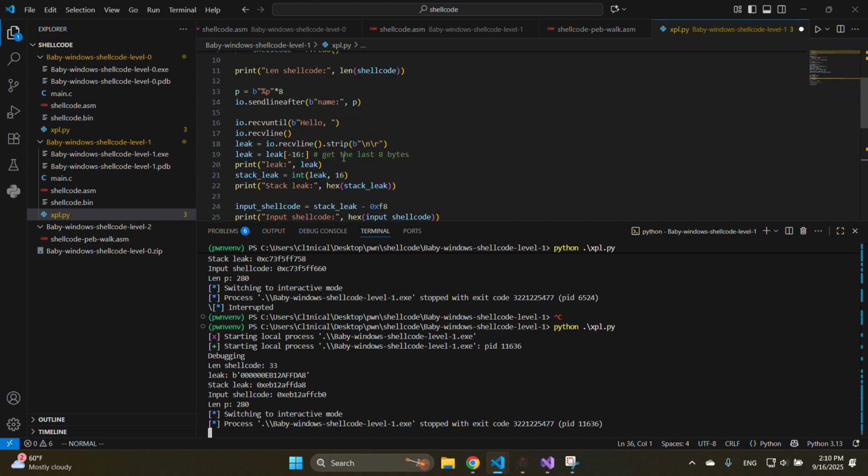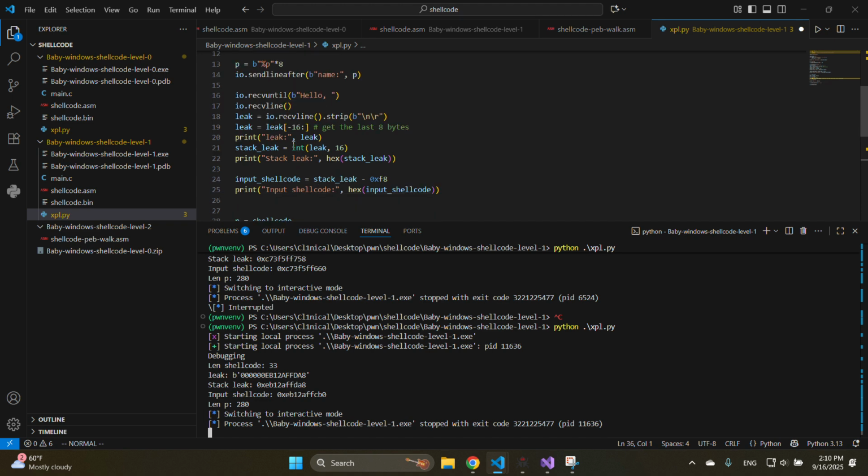As you can see here, I'm using the %p format string specifier to do the stack leak. And then I'm doing some calculations here to get the stack leak into hex integer format in Python so we can calculate the offset. And then I figured out that the offset from my leak to the start of the next buffer is minus hex f8, so that's why I'm subtracting that value and then printing